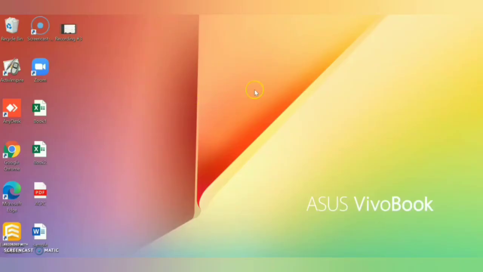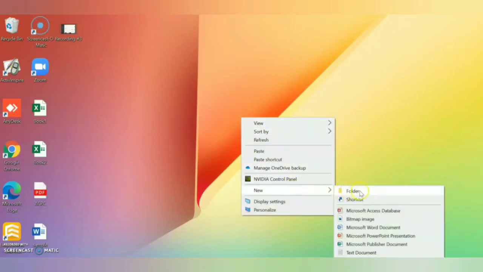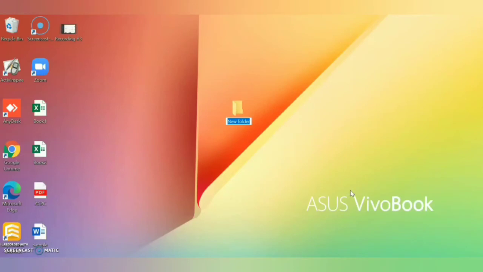If you want to create a folder, first right click on the desktop. One context menu will come, then go to New and click on the command Folder. As soon as you click, the folder will be created. It will ask you to enter the folder name. I am entering my name, Jyoti.